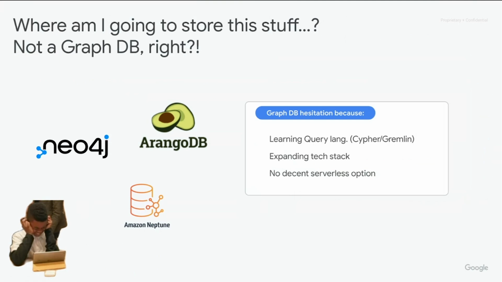There's no really decent serverless option as well. I'm a big serverless fan. I want to have minimal setup effort. There's not really an option. All of these are kind of, you have to make big setbacks in some sense. So I decided essentially knowledge graphs are just an unstructured data form, or semi-structured data form,